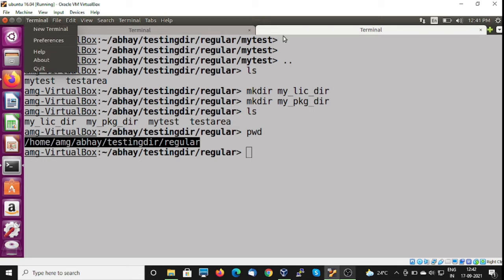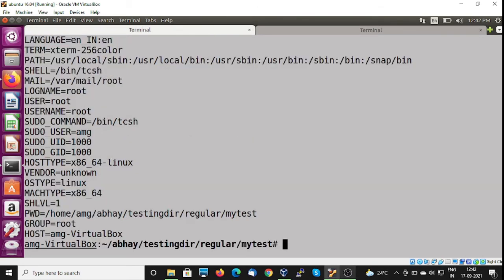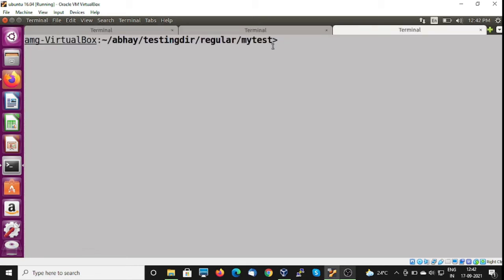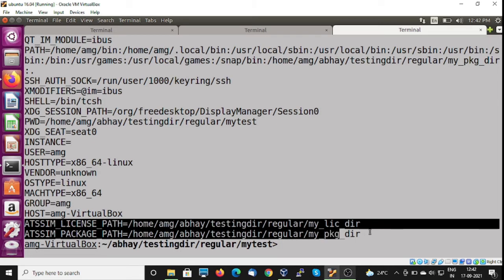So just to see whether my environment variables are effective yet or no, I will create another terminal where newly created environment variables will be automatically included. So now you can see here these are automatically defined. So they are pointing to the right directories which I want.